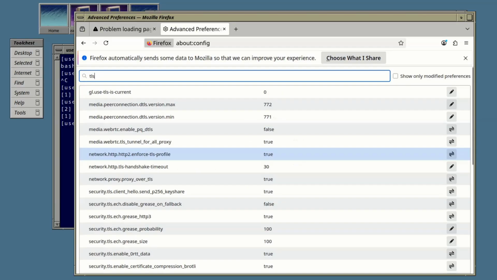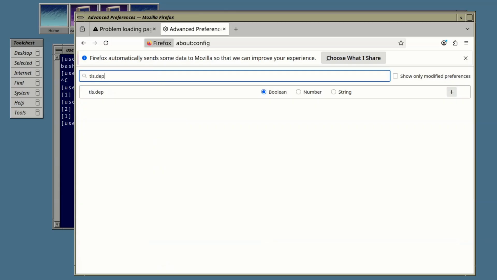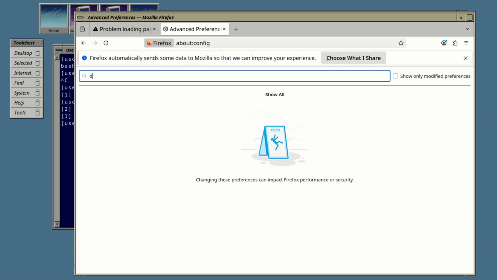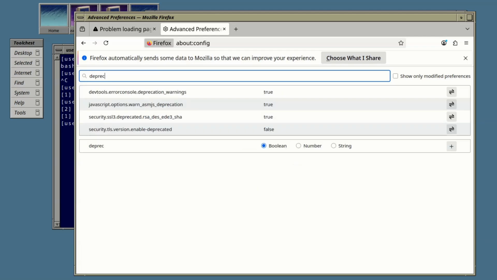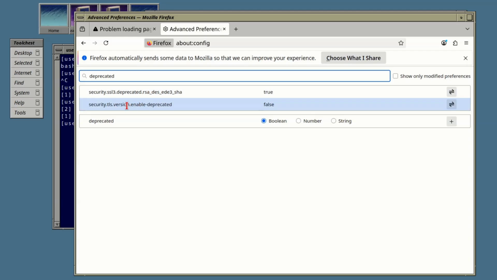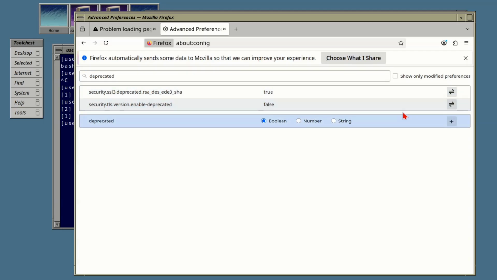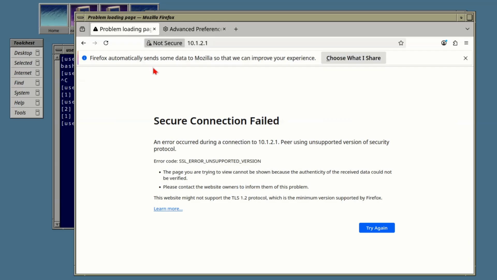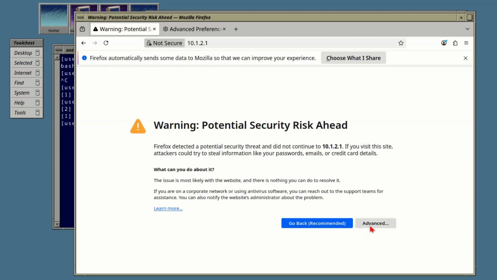Let's type TLS deprecated. Let's simply type deprecated, this one. We should make it true, and then here we refresh, advanced,